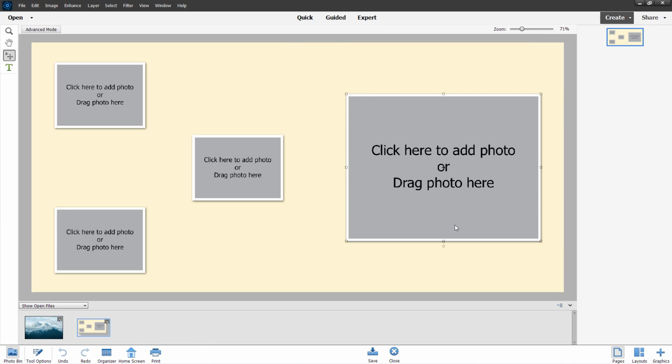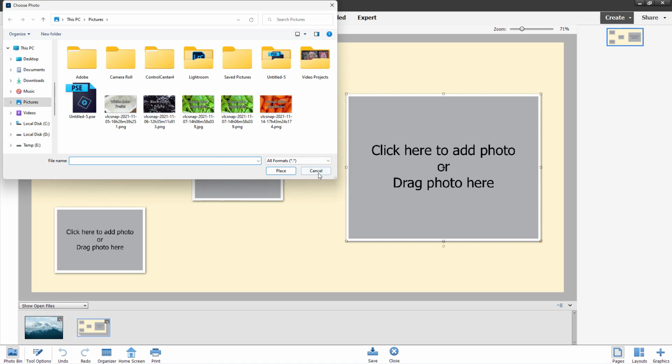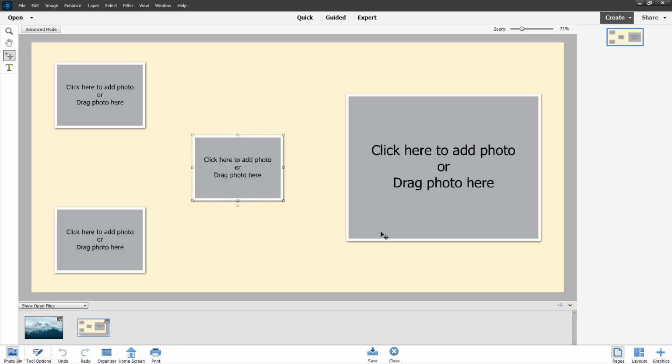And that is how you can work with DVD jacket and CD jacket, and add in things as you like inside of Adobe Photoshop Elements. So I hope you guys learned